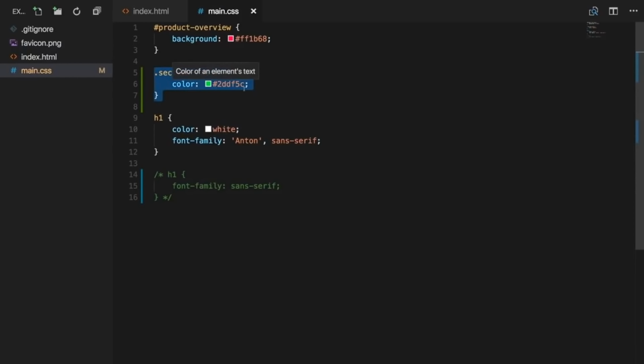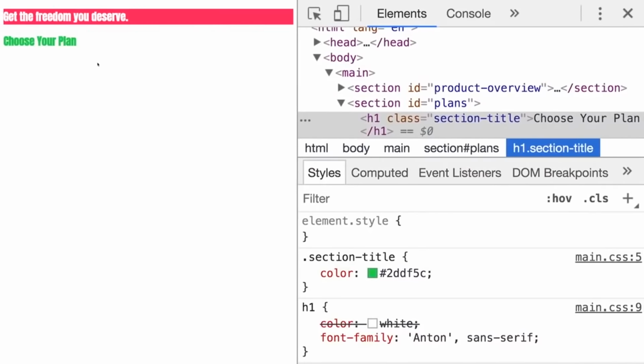Now there is something else related to all of that, and this is called inheritance. Now inheritance means that an element also inherits some styles of the parent element. We don't use inheritance in our project yet, so let's add it to the project. And let's add it by setting a global default font so that the text in our project has a global font. I actually don't want to use Anton for all the H1 tags, and therefore, to ensure that this and other texts on the page, and we will add more text, have a different font,